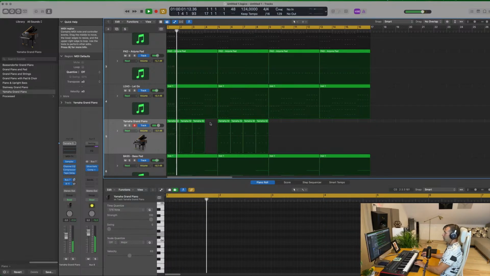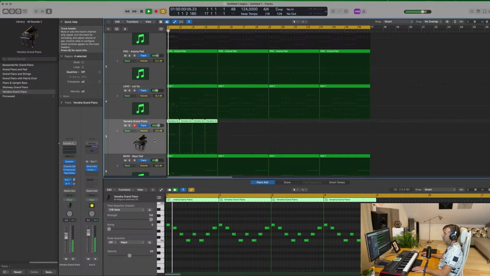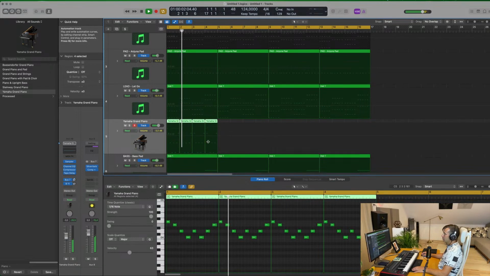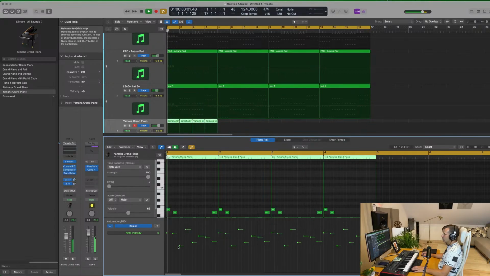I definitely like better the second one. So I will eliminate this and I will go probably here in the velocity of the key. Check where we're at, because it's a bit weak in the middle, so